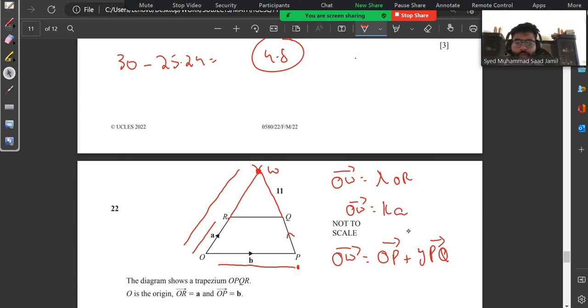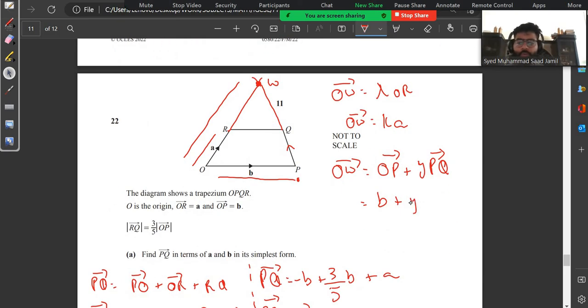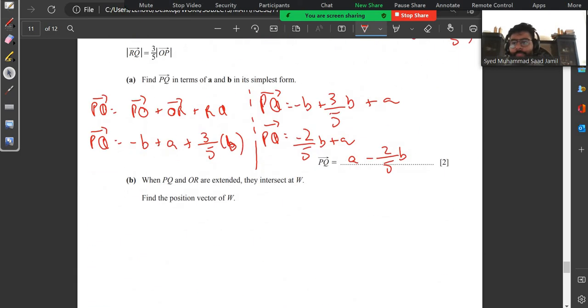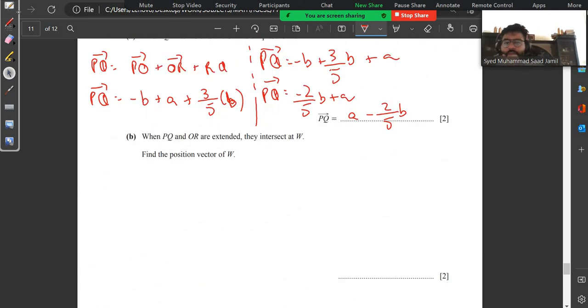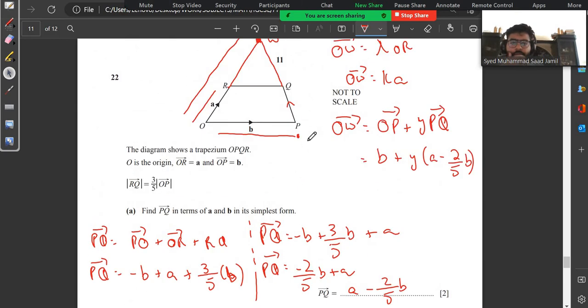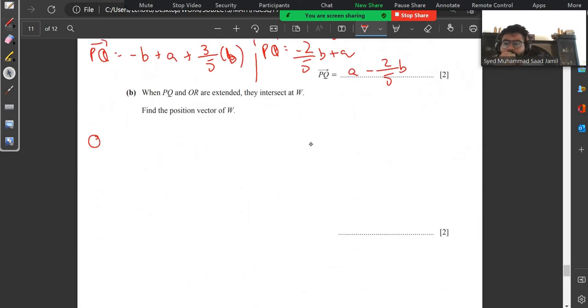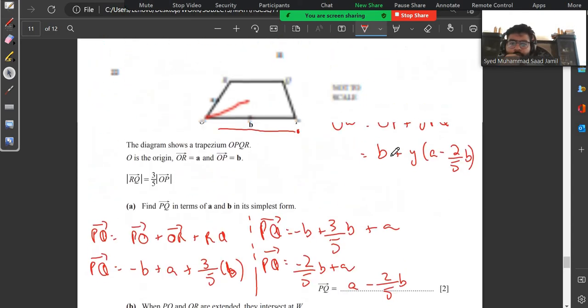So OP is B plus Y times PQ. What is the value of PQ? The value of PQ is basically A minus 2 upon 5 B, which we already calculated. So let me write the final equations over here: OW is equal to K times A,